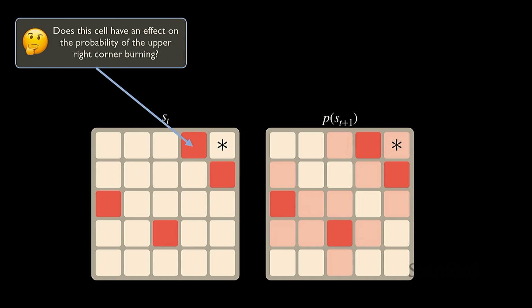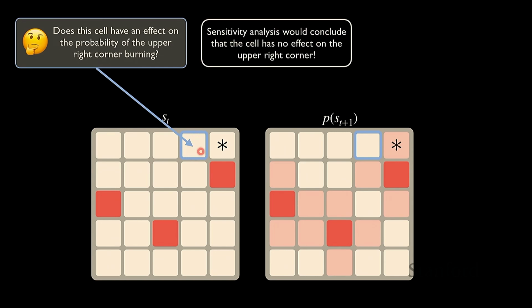But if we're doing sensitivity analysis, here's what would happen. We would just remove this one feature. We would change just this feature. And then if we look at our probability of the cell burning at the next time step with just this one removed, it's still equal to 0.3 because we still had this cell burning, and so this one is giving it this 0.3 probability because we just need one of the neighboring cells to be burning for it to have a 0.3 chance of burning at the next time step. So if we were just doing sensitivity analysis where we just consider one feature at a time, we would actually conclude that this cell here has basically no effect on the probability that this cell is burning at the next time step.